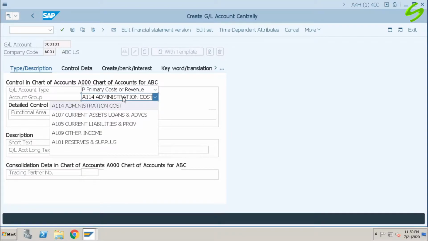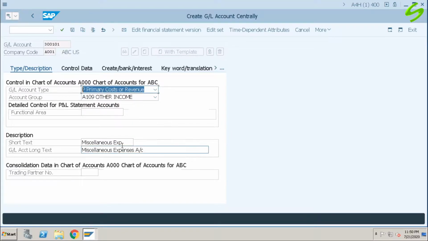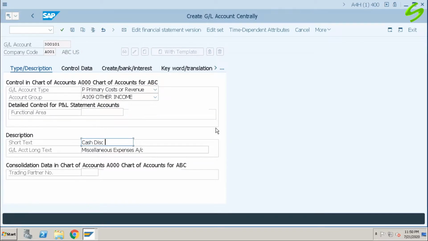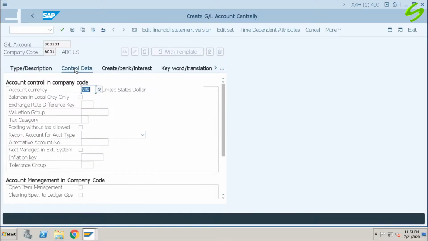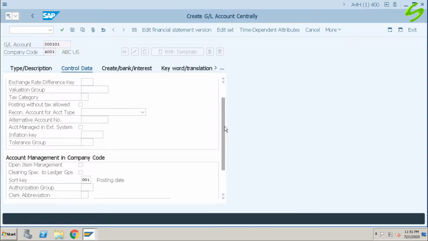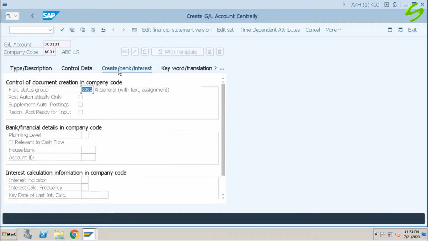This will be under account group, other income, cash discount received. Discount received account. Okay, click on save.